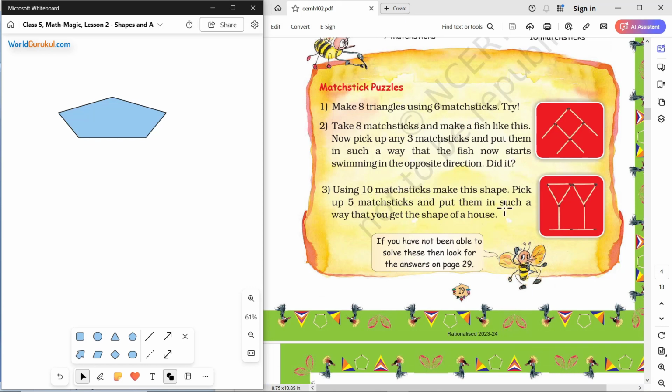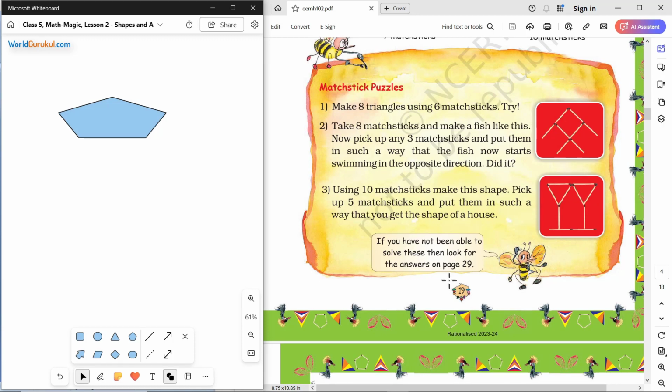And here we have how many matchsticks? 3 plus 3, 6 plus 4, 10 matchsticks here. The shape is some glasses, and here the task is to pick up 5 matchsticks and put them in such a way that you get the shape of a house. The center portion is already looking like a house, and you have to play with 5 matchsticks to make it look like a house. Okay, play with your friends to make the maximum number of shapes out of say 5 matchsticks,